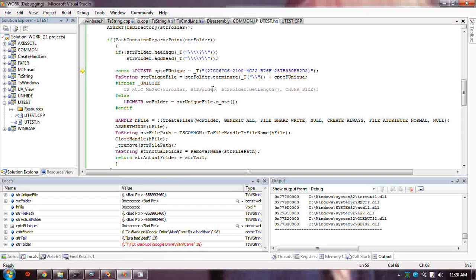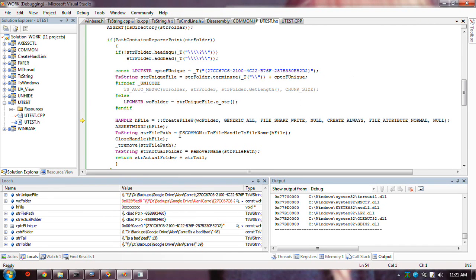So what I want to do is create a file, anywhere in the path, because the path contains a reparse point, maybe more than one, but this file handle doesn't know anything about that. It should just give me the actual path, and that should be fine. So this is presumably a unique file. I'm not going to overwrite anybody's file.